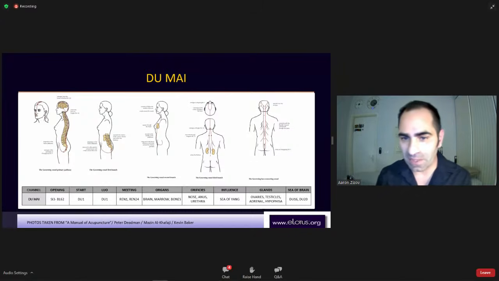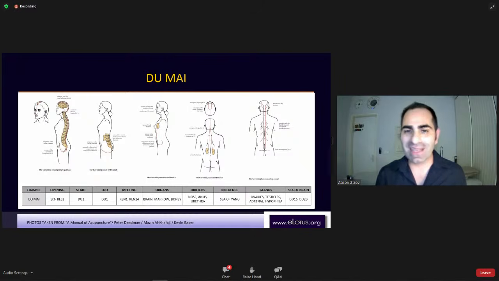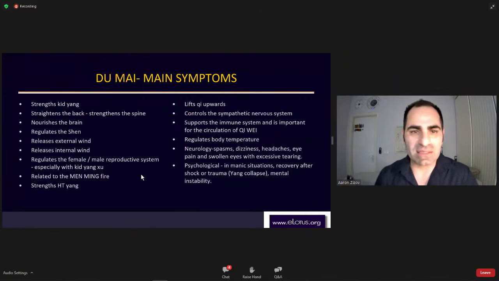Then the different influences and glands which are connected, ovaries for example, are very important for all the hormonal aspects when I treat fertility. So I want to understand which of the different meridians will be more specific to the hormones I want to stimulate. This is just an example of the Dumai and the things that the Dumai is responsible for. We don't have enough time to talk about all this, but we'll go through all the 8 extra meridians in this way, more deeply for each one.